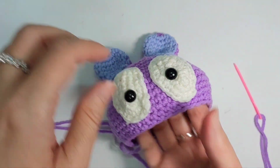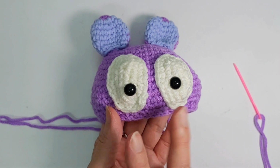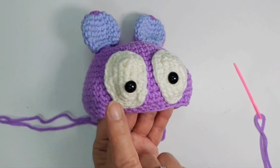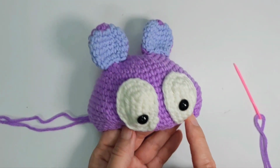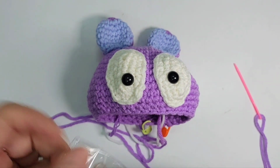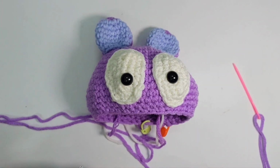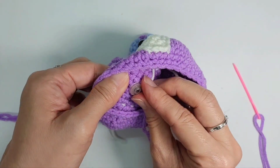So now I'm gonna add a stopper for the eye. So the eye should be more to the middle. You make sure here has more. The gap here is longer than the gap here. I guess that's about right. Okay, so once you're satisfied with where it should be, let me get a stopper. Let's see if I can